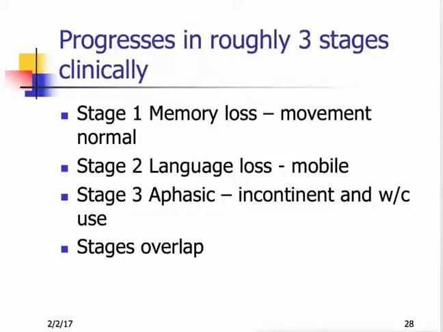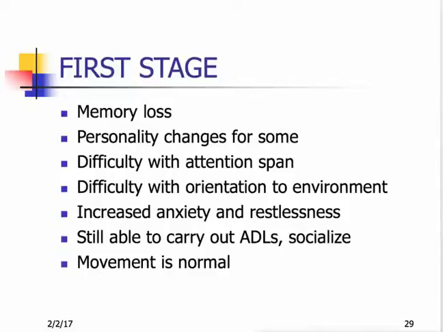So dementia progresses in 3 different stages. Stage 1: memory loss, movement is usually normal. Stage 2: language loss. And stage 3: aphasic, typically with incontinence, and the person is usually in a wheelchair. Stages can overlap though. As I mentioned, in that first stage there's usually memory changes, there may be personality changes,